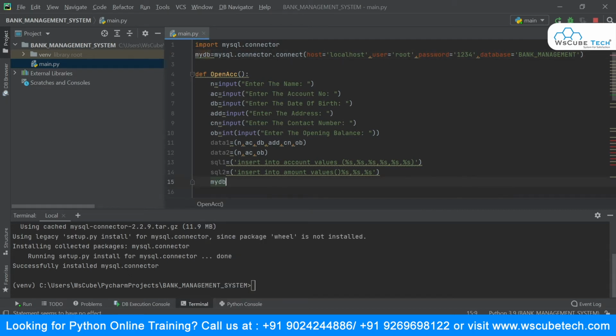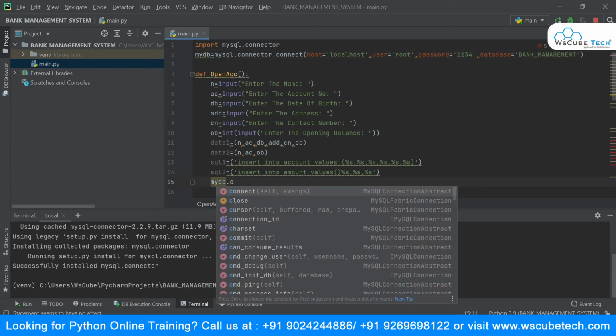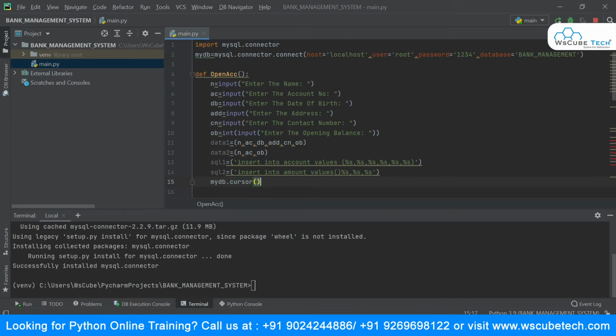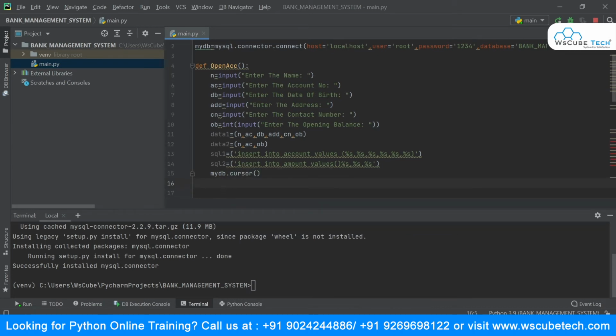So I will say my database dot cursor, and once I have obtained my cursor object, now I can execute my queries. So I will put this inside a variable, say x is equal to, and here I will say x dot execute.